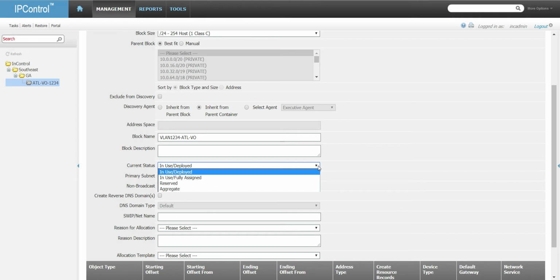Now you ask what are the different types. In use deployed is going to allow us to manage the individual IP addresses. Once this is done, I'll have a link that I can click through. In use fully assigned is just basically fully assigned. It's provisioning the subnet. It might represent an extranet only to identify it, but we don't care about the host. You can reserve it for future use and come back and mark it as in use deployed. Or aggregate, which basically has been summarizing the range and carving out the network space we're using at a lower